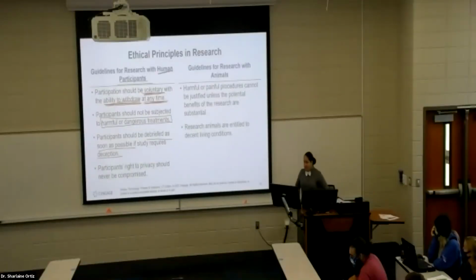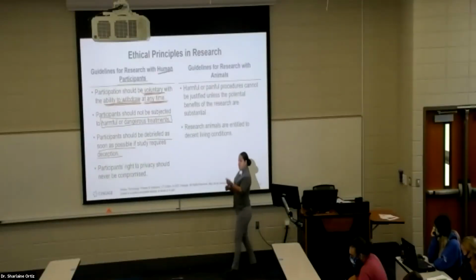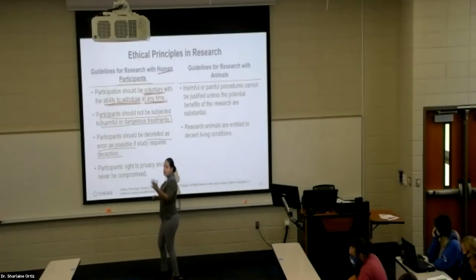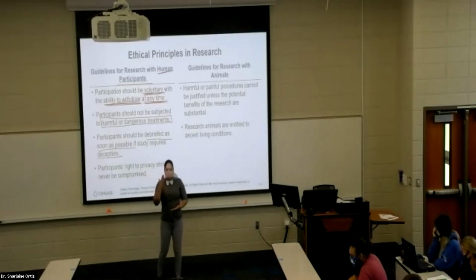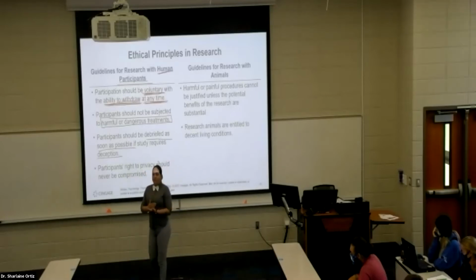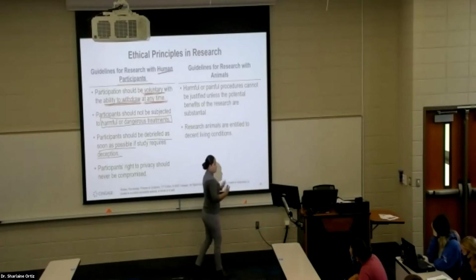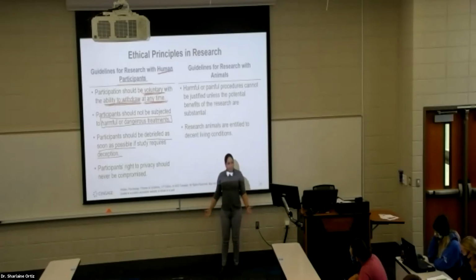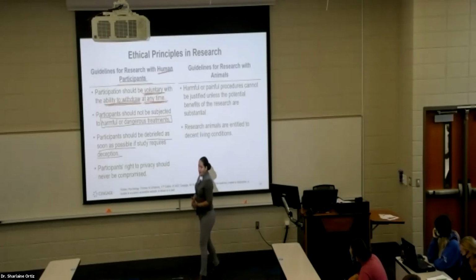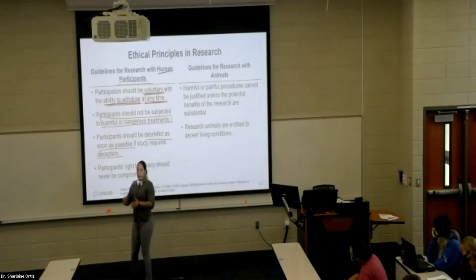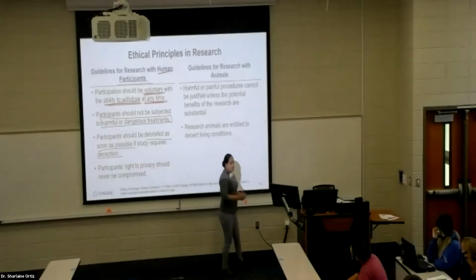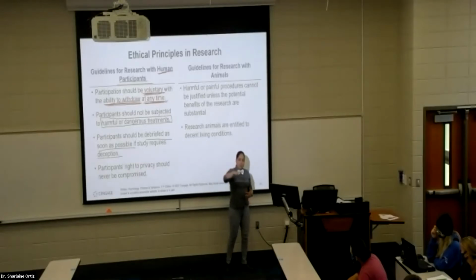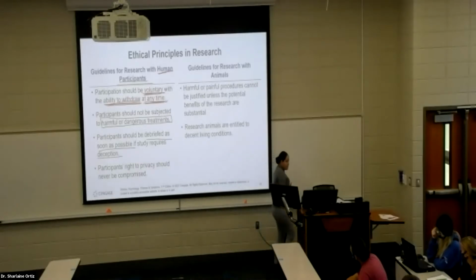So say, for example, in the case of this person, hey, I'm going to give you this pill. It's going to help you with your seizures and perhaps reduce your symptoms of depression. As soon as I'm able to tell this person this pill was a sugar pill, I have to, first of all, let them know. And second of all, reduce potential levels of harm, for example, the stress. Man, I wasn't really part of this research. I thought I was going to get better. So I have to provide them with equal or equivalent treatment to that which was given to the persons in the experimental trial. That's where we mitigate that risk factor of harm.